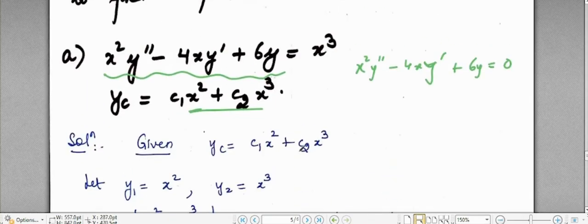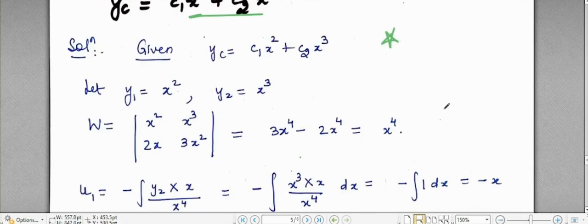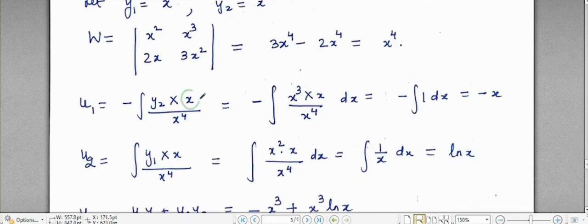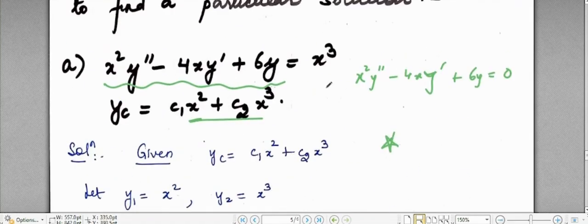Now this is a line of caution here, a very important point I want to make. In the right hand side, you were to write the right hand side, the fx component, right? Now figure out what your fx is. This is not your right hand side. Mind it that the equation has to be in the standard form, and the standard form is when the coefficient of y double dash is unity. So you'll have to divide by x square. This equation needs to be divided by x square before you figure out what your right hand side is.